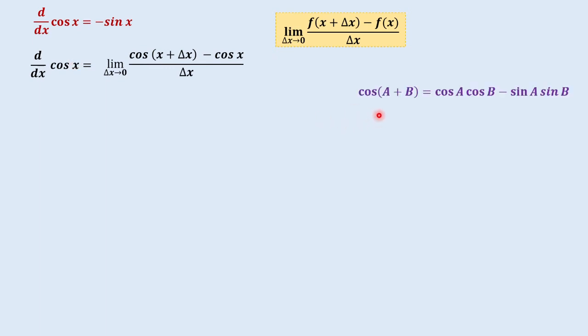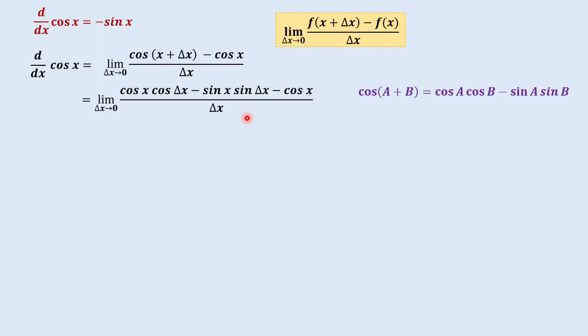And recalling the formula for the sum and difference identities, this would be cosine of a plus b is equal to cosine of a times cosine of b minus sine a times sine b. So if we have, let's say a is x, and then b would be delta x, we now have the limit of cosine x times cosine of delta x minus sine x times sine delta x minus the given function, which is cosine of x,